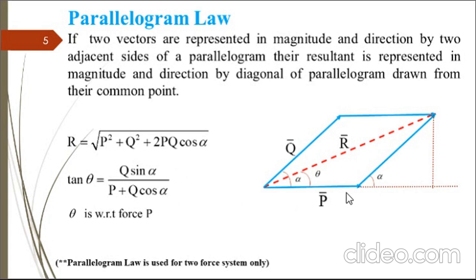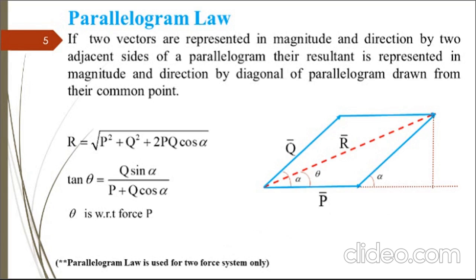Now in the given figure, P is along the horizontal line. It means theta with respect to P or theta with respect to x is the same. But if this force P is at an inclined level, then in that case, to determine the angle with respect to the x-axis, we have to apply the geometrical rules as per the given data.